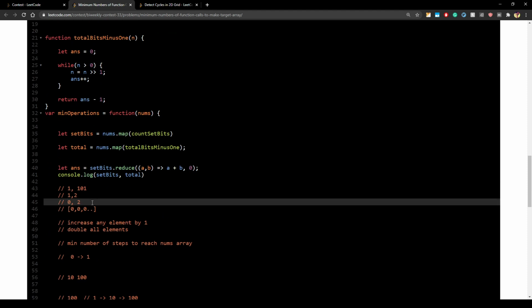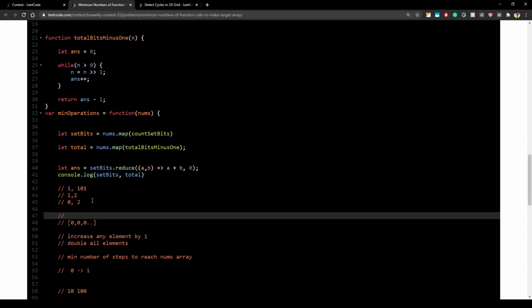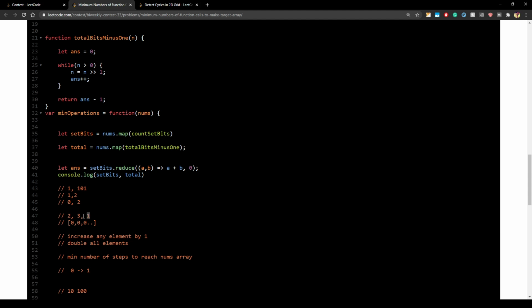That means if the operations look something like this, the first number needs 2 operations, the second number needs 3 operations, the last number needs 1 operation. Whenever I carried out this operation, it was also carried out for these 2 elements, because we are multiplying all the elements.